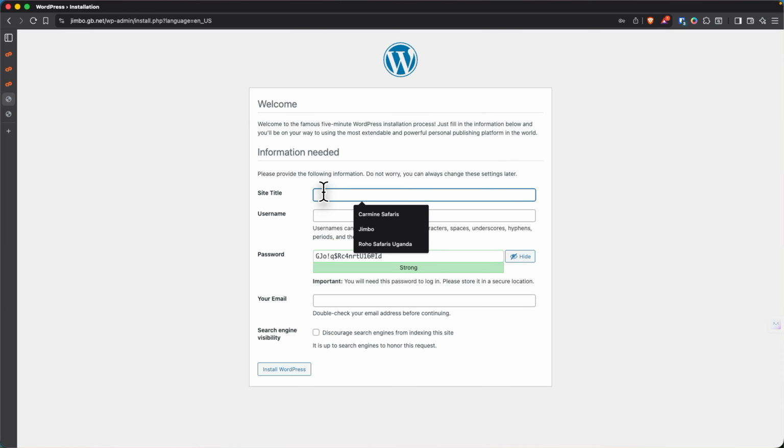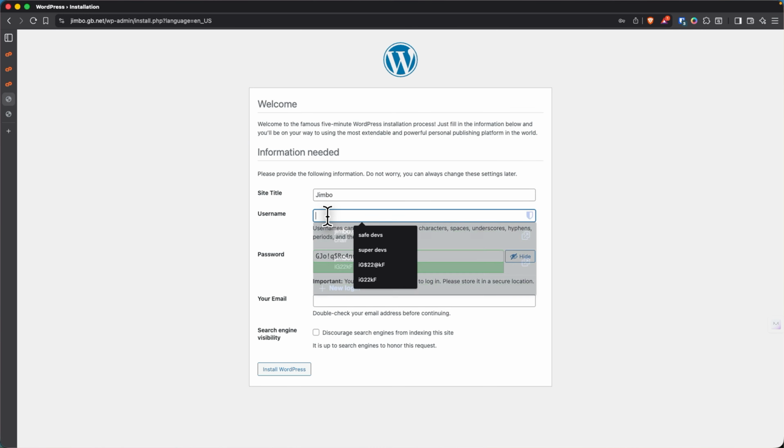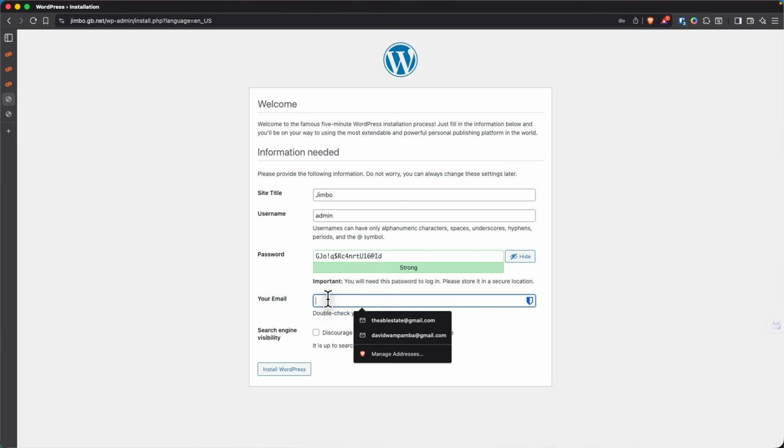Now here I can put the site title. The site title usually appears here. Now I'll put the username. I can say admin, but it's not recommended. Then the email, I can just say mail@davidofug.com. Usually, if it's a new website, I click discourage search engines from indexing this site because I don't want